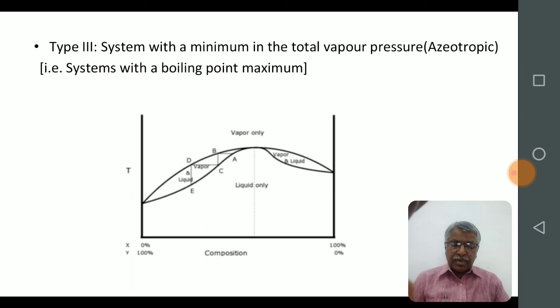For example, HCl and water form a constant high boiling mixture with 20.24% HCl and 79.76% water, and it boils at 383 Kelvin. On fractional distillation of this mixture containing more than 79.76% water, we will get pure water in the distillate, and the final residue will be the constant boiling mixture. If the original mixture contains more than 20.24% HCl, then by its fractional distillation we will get pure HCl in the distillate, and the final residue will be the constant boiling mixture.